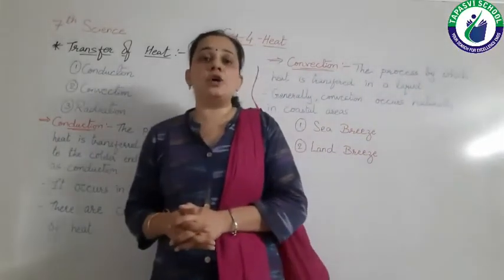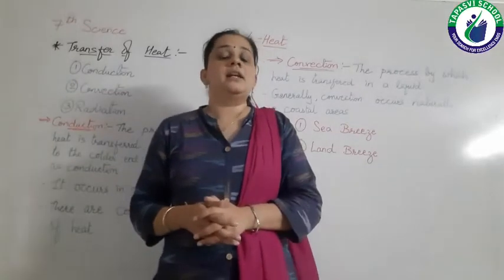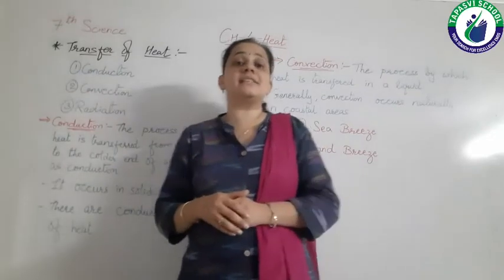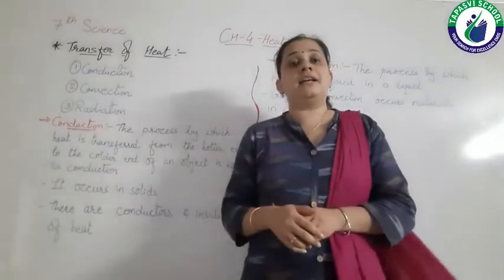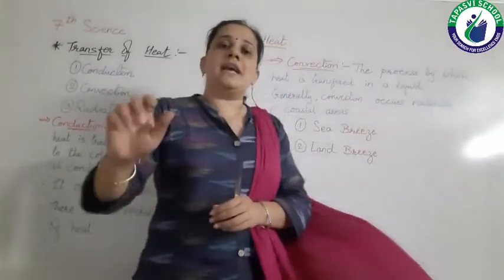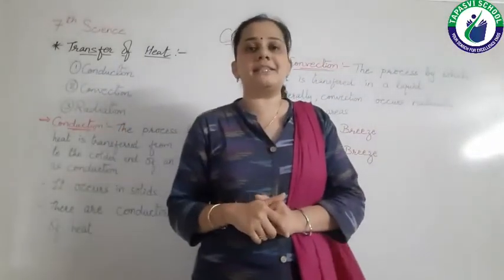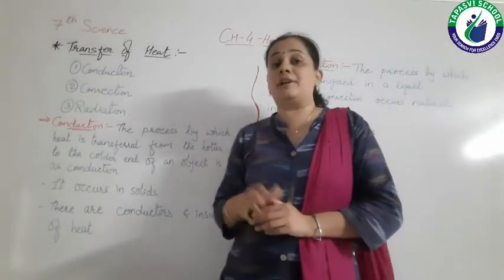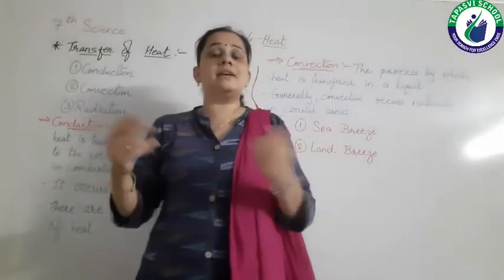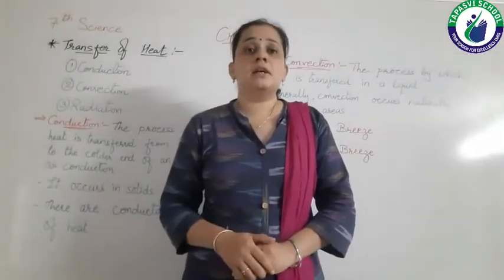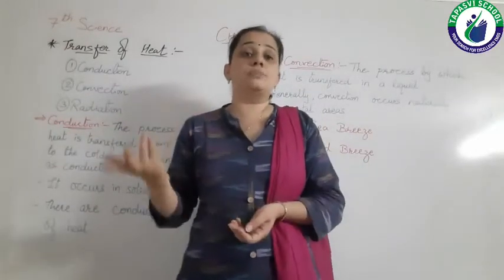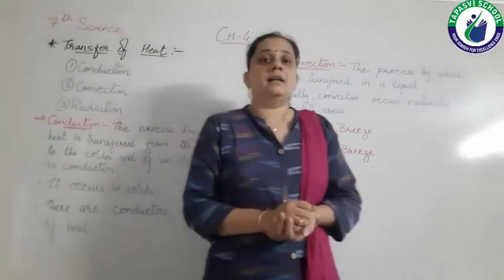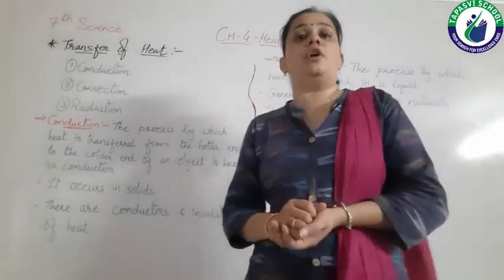Whenever you are touching any hot object, right, then what happens? You get hurt. But if that utensil has a handle that is of wood or plastic, then you can easily take it from the gas or from the burner, right? Why? Because heat cannot transfer there. What is the reason behind this? Some objects become hot and other objects do not become hot. Why is this so? So let's start this topic, that is transfer of heat.